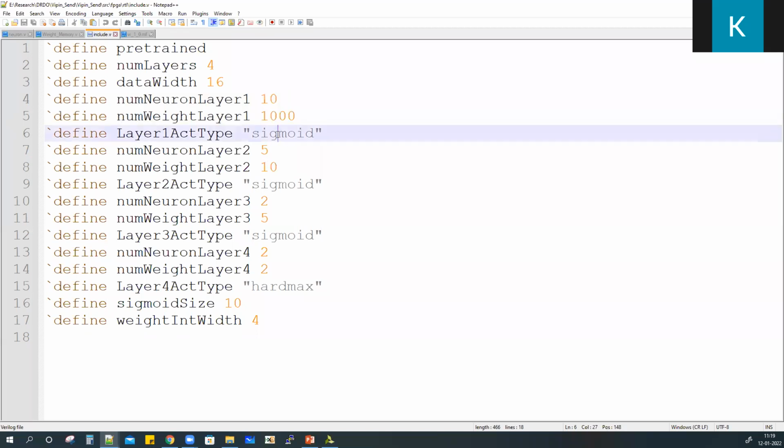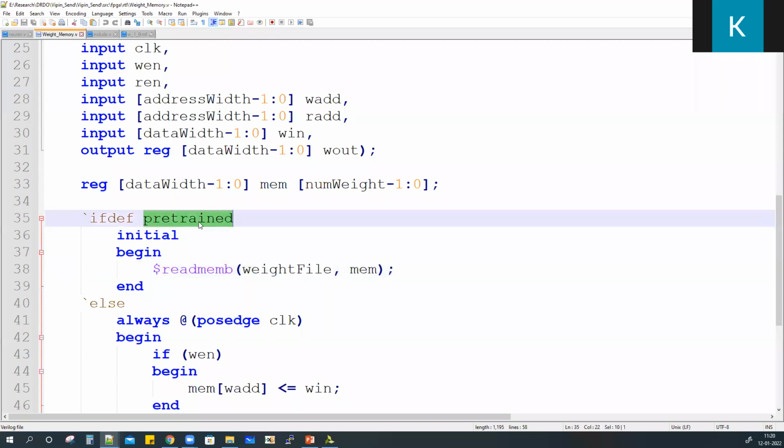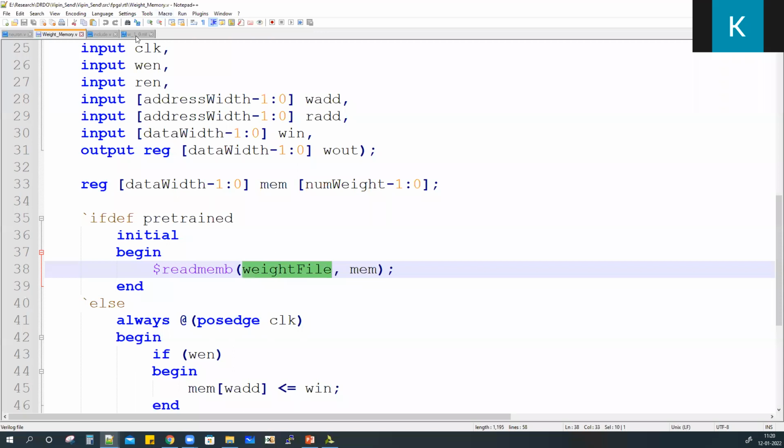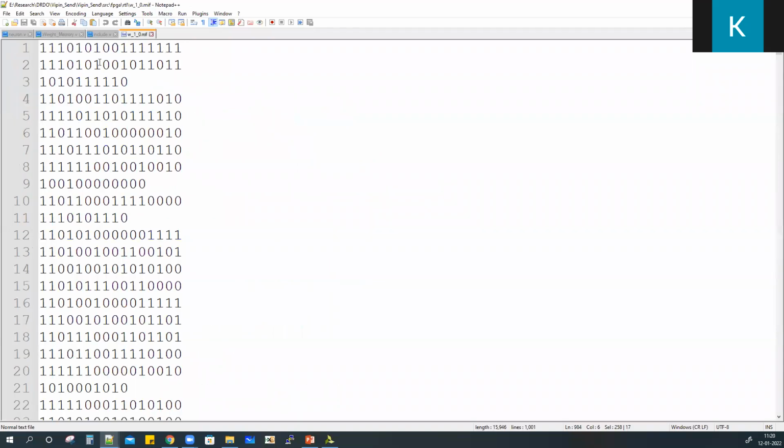And what is the activation function used by each neuron in each layer? That's also defined here. Since I said it is pre-trained, it will be reading from the weight file, and each neuron will have a separate weight file. For the name of the weight file, again, I have used a special style. That will be W underscore, where this 1 represents the layer, and 0 represents the neuron number.